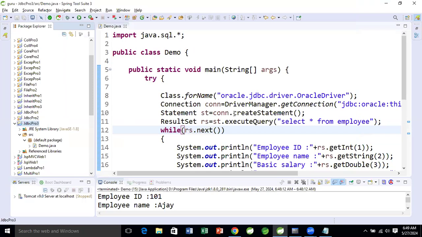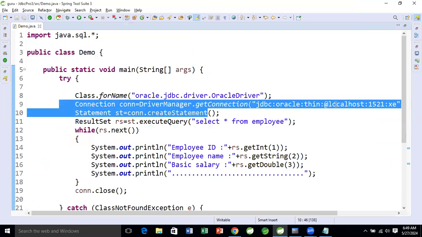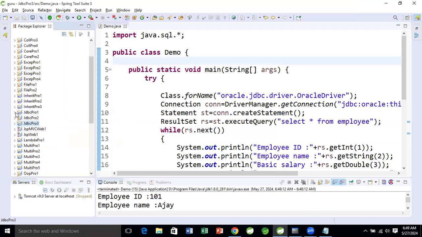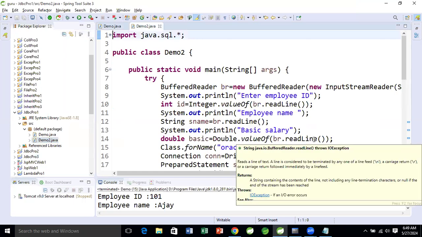By this method we can add the jar file of Oracle. After that, first of all load the driver, then maintain the connection, then statement, then execute the query. You can see here another example. If you want to insert a record in the database,